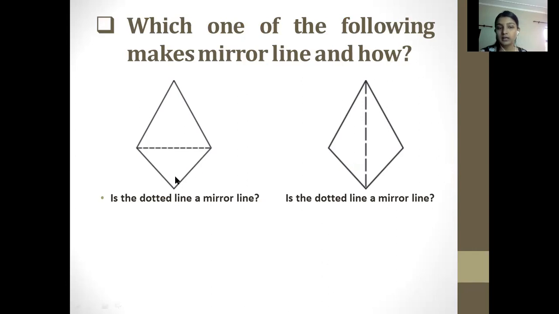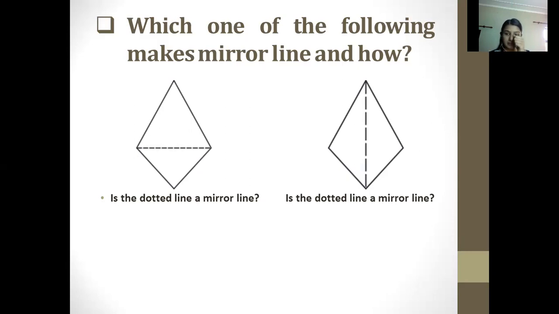A mirror line is like when we keep a mirror over here and keep an object, half of the object or half of the alphabet, we notice that the other side of the mirror makes the same image. That means that line is dividing the symmetry into two parts. So we have to see whether the other image completes the first one or not. This is what we had to notice. What about this first one? If we fold this page in this direction, the way they have shown, what do you think? Is it making a line of symmetry or mirror line?